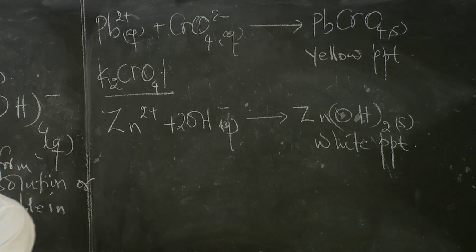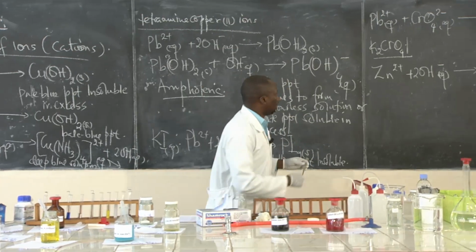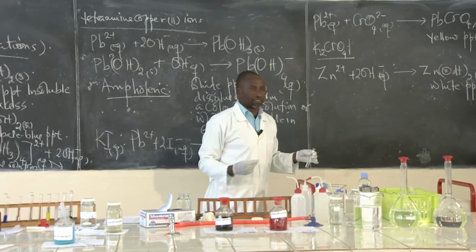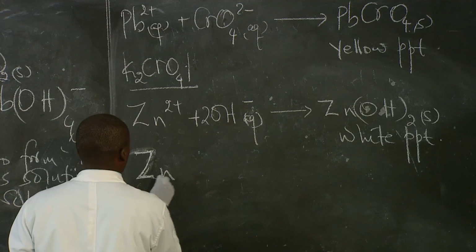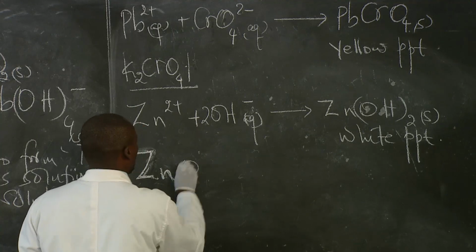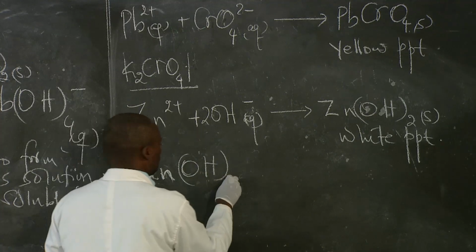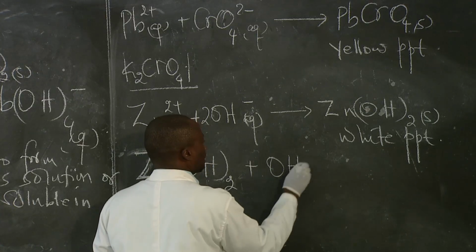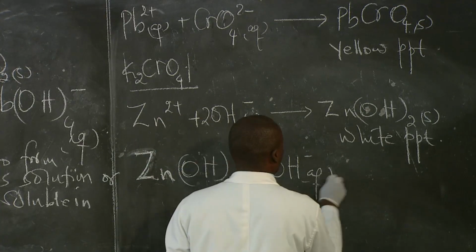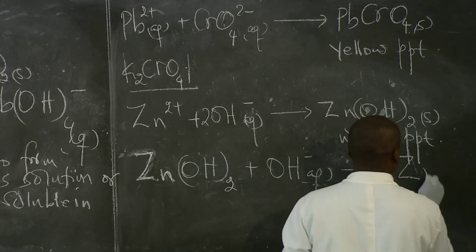You remember we formed the white precipitate first, and then we added the excess. When you add the excess, the zinc hydroxide combines with the excess hydroxide ions and then forms